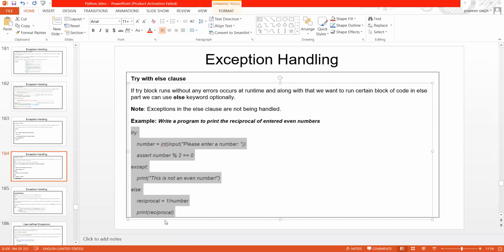So what is that? This is not an even number. Now let me run again, and instead of 3, let me write 4. So are we getting anything, or not? We are getting something. That means what?